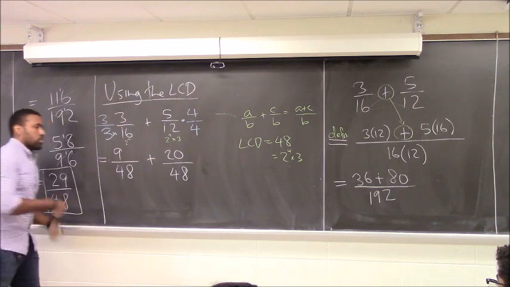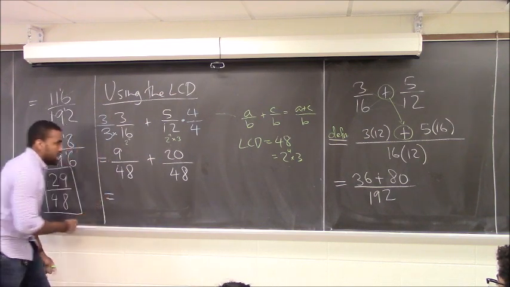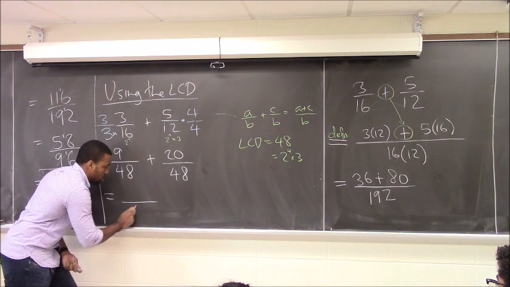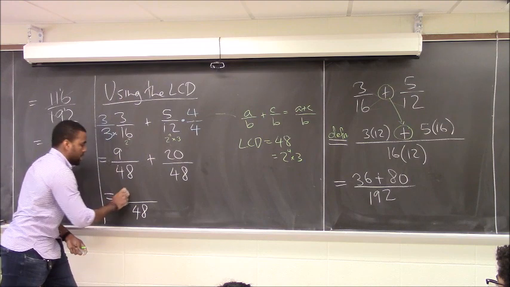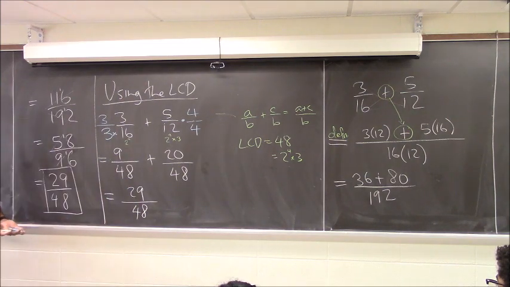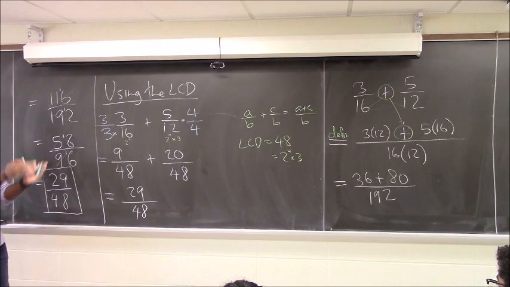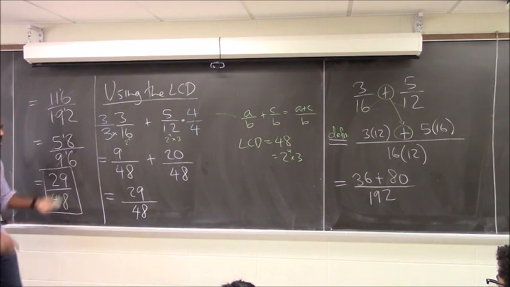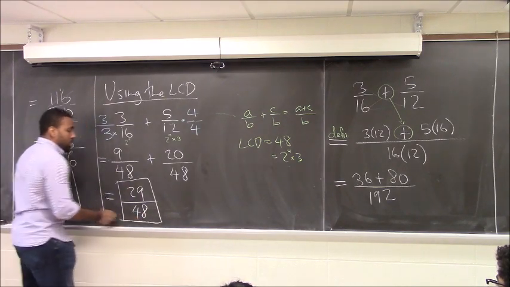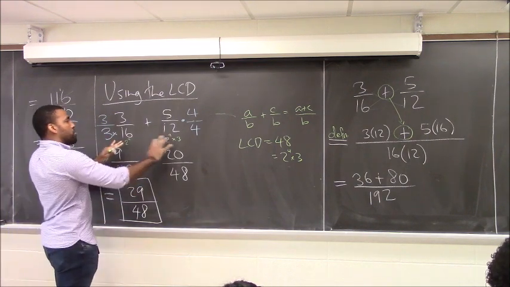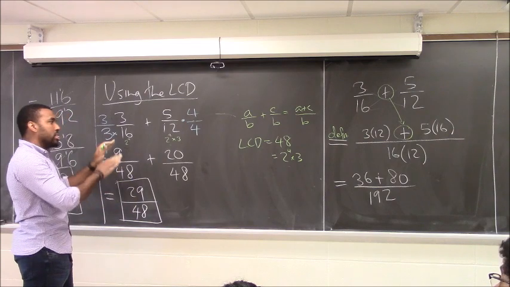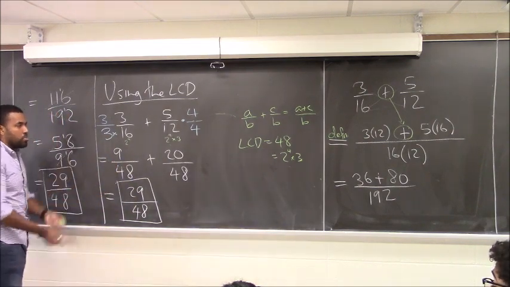Now, the more you practice, of course, the quicker you'll get with this, but ultimately here you can see the denominator is all 48, so I can apply that rule and just add the tops, which I get 29, right? Which is a lot faster and a lot easier psychologically, because you're not dealing with these huge 192 and 116. You can get to the answer a lot quicker, right? So this idea of factoring things and then using the missing factors to figure out how to combine the fractions is very